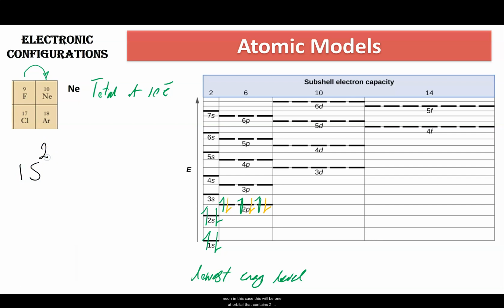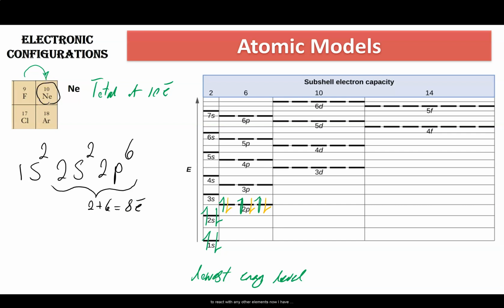orbital that contains 2 electrons here. Then I have 2s with 2 electrons there, and then I have the 2p orbital that has 6 electrons. Now, just to recap and a flashback to the previous models that we had. Remember, we talked about the octet rule, and the octet rule suggested that the last orbital should always contain 8 electrons. Now, you can think of the last floor being a second floor that contains a total of 2 and 6, 8 electrons. That is why neon is a noble gas, and it does not really want to react with